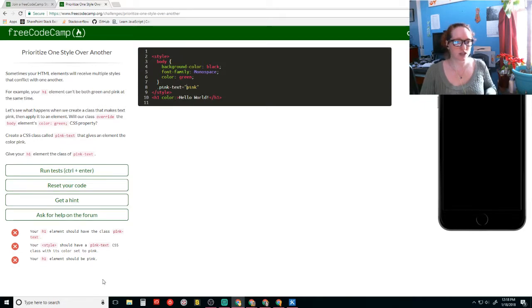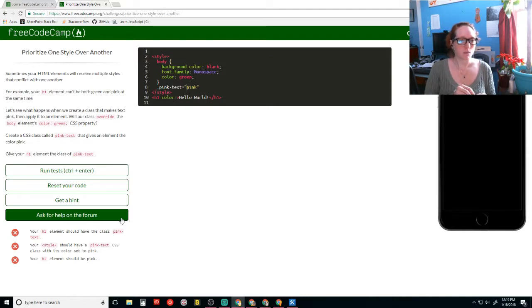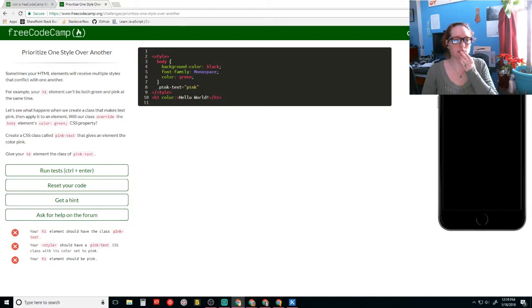Is that right? Shit. So style needs to have a pink text CSS class. This color is such a pink.